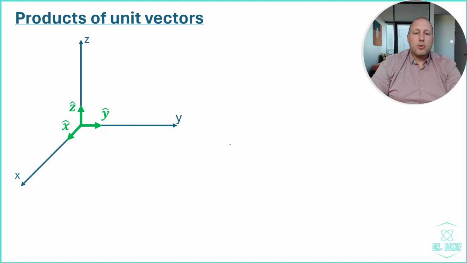In order to be able to do some calculations later on, I need the dot product and the vector product of all of these unit vectors. Remember that the dot product of vectors is 0 whenever they are perpendicular to each other. X hat, y hat, and z hat are all perpendicular with respect to each other, which means that the dot product of x hat with y hat, of x hat with z hat, and of y hat with z hat